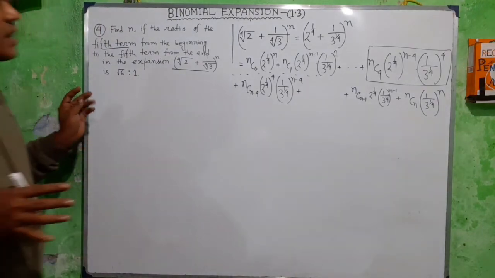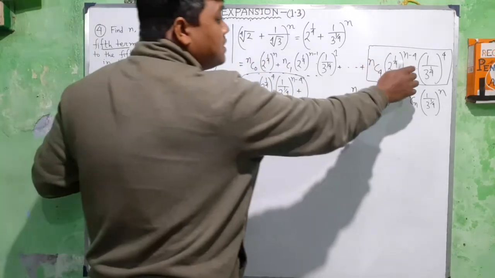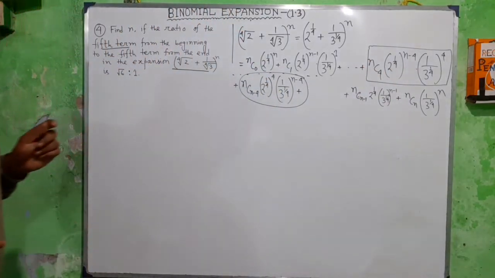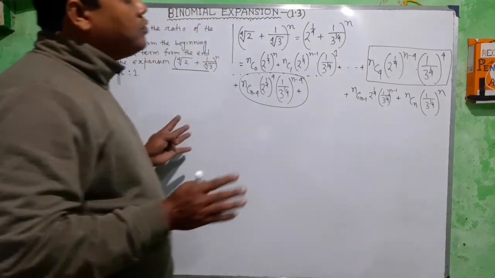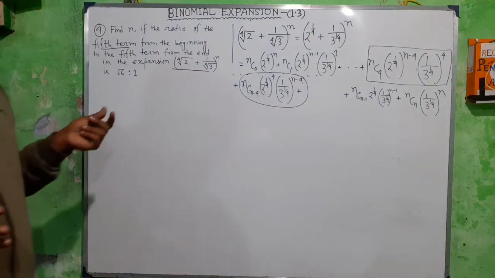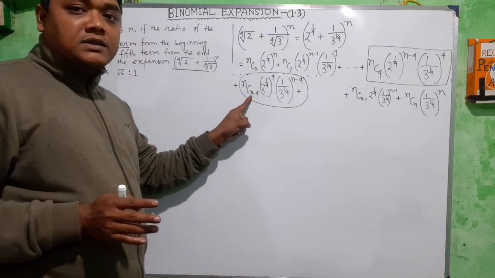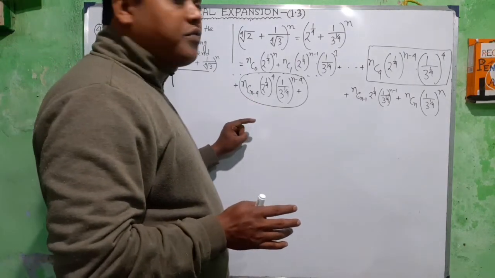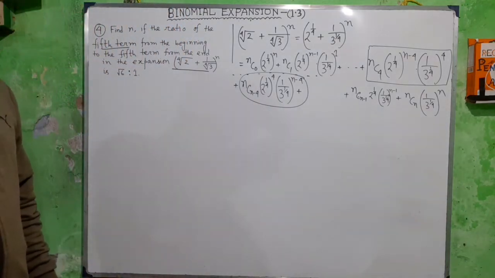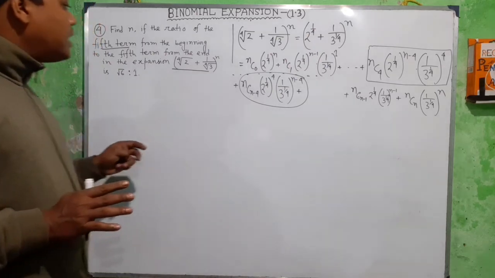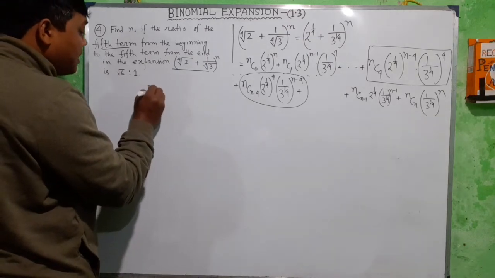Okay, so the fifth term from the beginning of the expansion is nC4 (2 to the power 1 by 4) whole to the power n minus 4 into (1 by 3 to the power 1 by 4) whole to the power 4, and the fifth term from the end is nC(n-4) (2 to the power 1 by 4) whole to the power 4 into (1 by 3 to the power 1 by 4) whole to the power n minus 4. So according to our condition, from the given question,